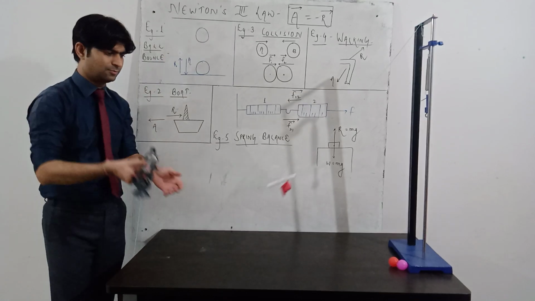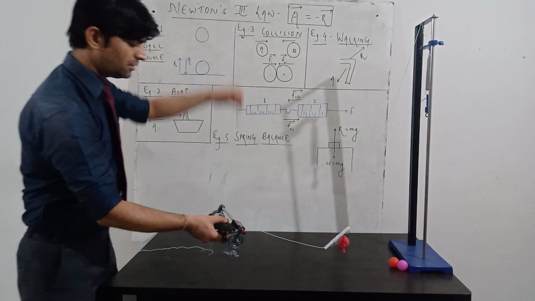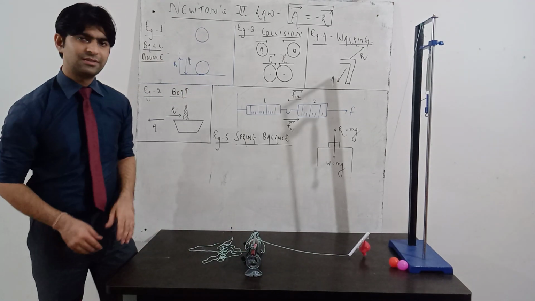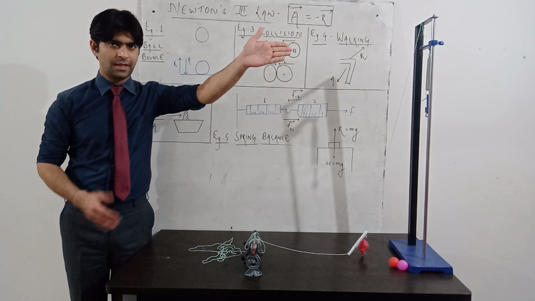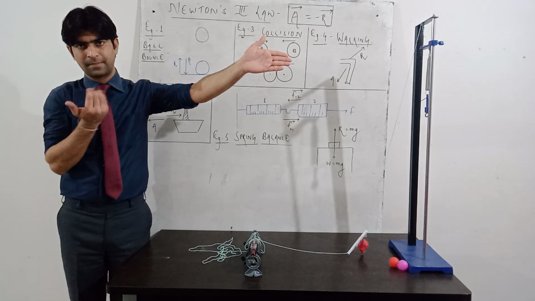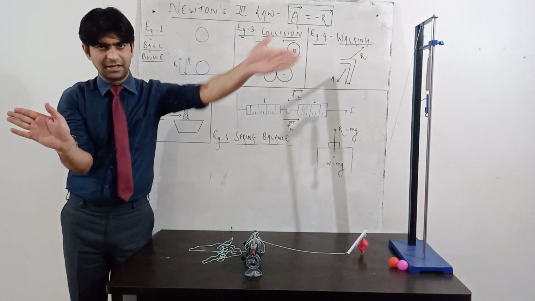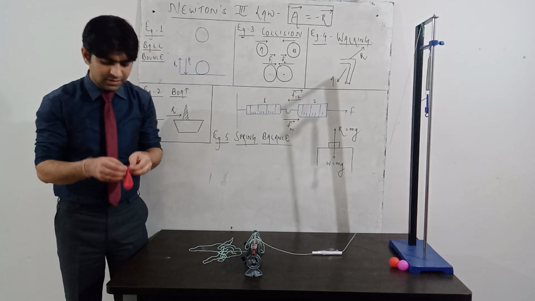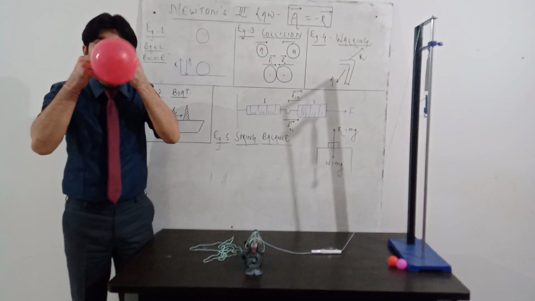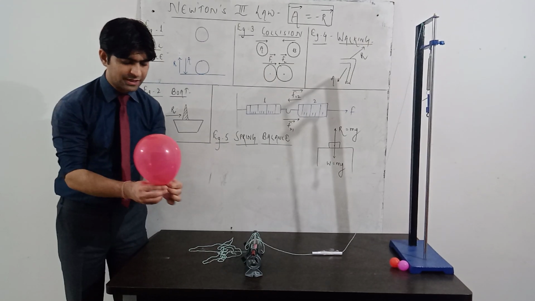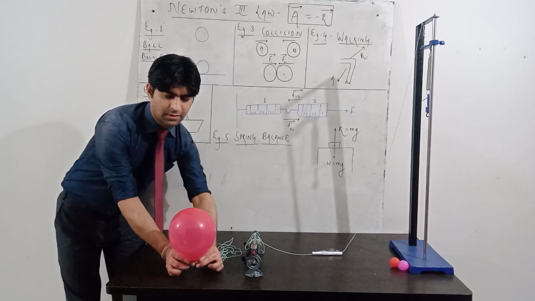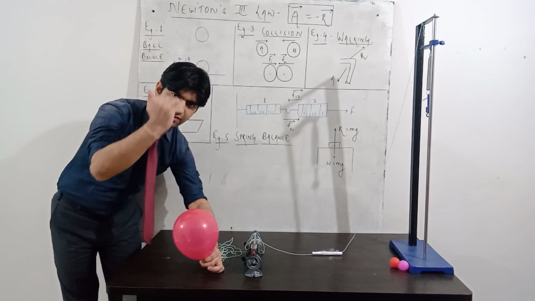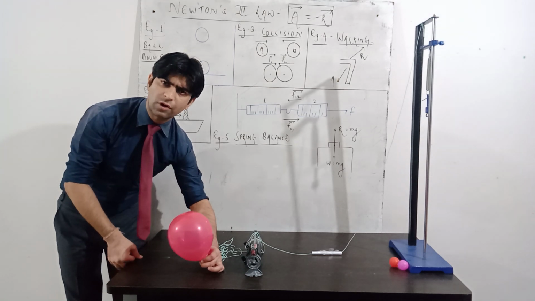You see the direction of motion of the balloon. If you carefully observe this demonstration, you can see that the balloon is moving in that direction and the exhaust gas is coming in this direction. So this is the direction of exhaust gas and that is the direction of motion of the balloon. Again, if I blow this balloon and keep it vertically on this table, the exhaust gases will come out in the downward direction and this balloon will move in the upward direction. This is the basic principle of rocket launching.